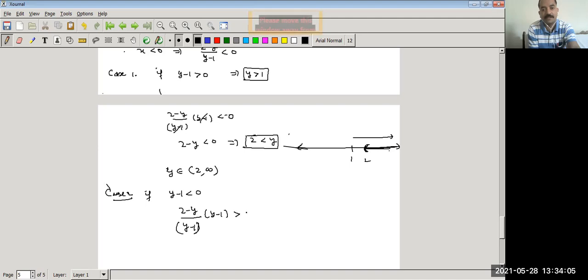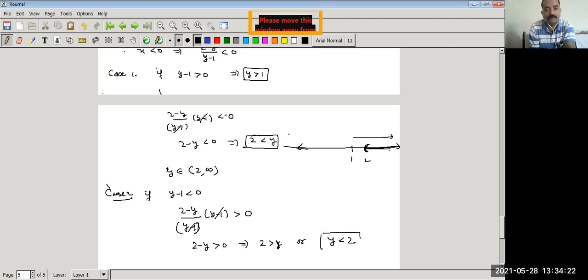So it is greater than 0. So 2 minus y is greater than 0. This implies that 2 is greater than y, or y is less than 2. So we get this from here, and because y minus 1 is less than 0, we get y is less than 1, and